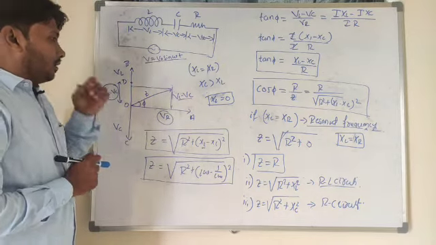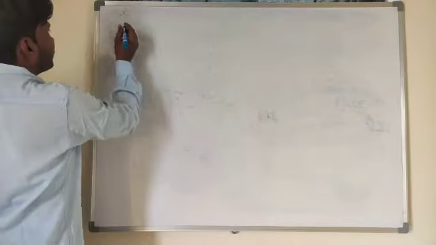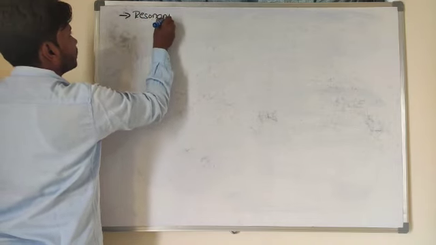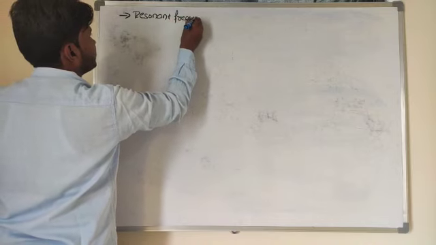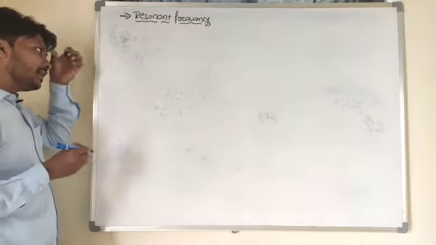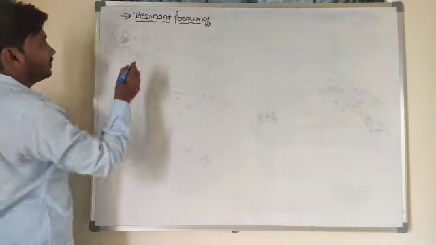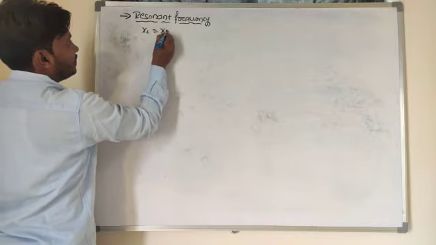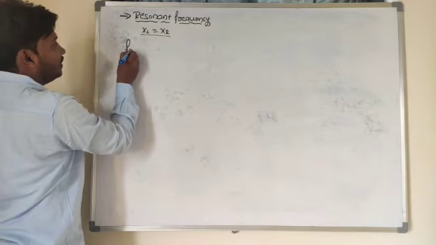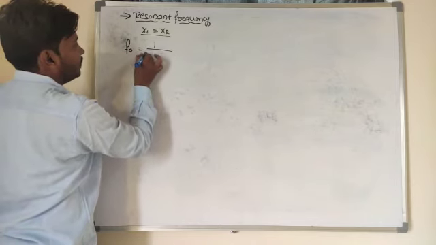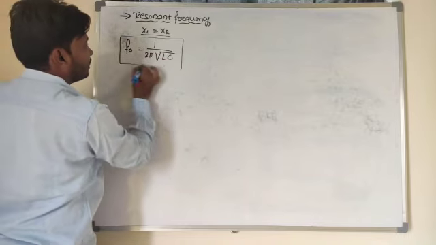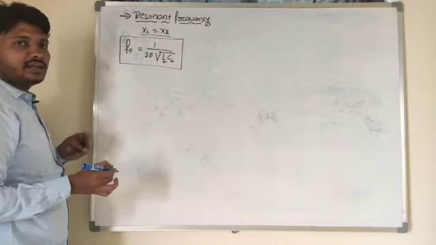Now next we'll look at resonant frequency. So what's that resonant frequency? There exists a maximum current in the LCR circuit for a particular frequency. So X of L is equal to X of C. What's the condition for resonant frequency here? X of L is equal to X of C. Then f naught, or f, is equal to 1 divided by 2 pi into square root of L into C, where L represents the inductor and C represents the capacitor here.